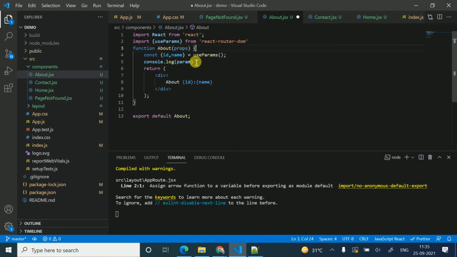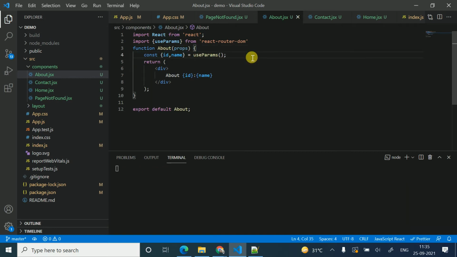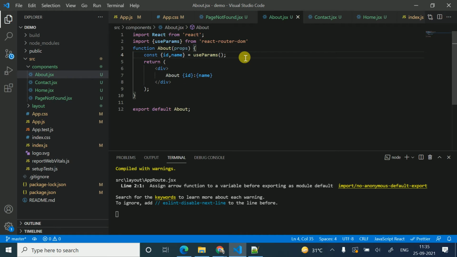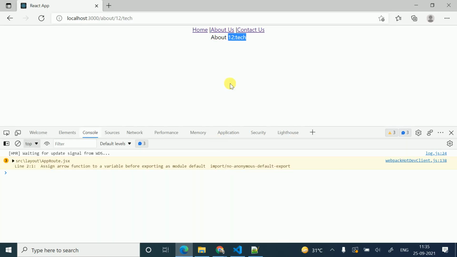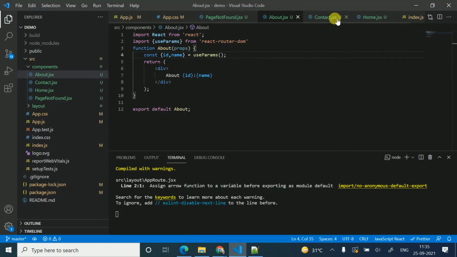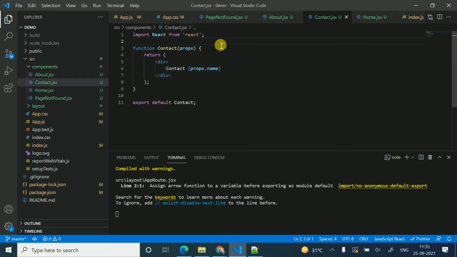Next we are going to use useLocation. I'm going to go to Contact, and I'm also going to import useLocation